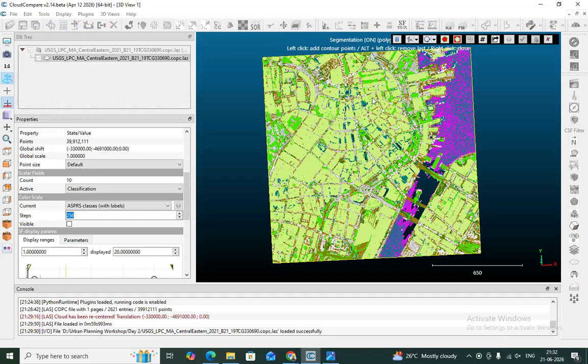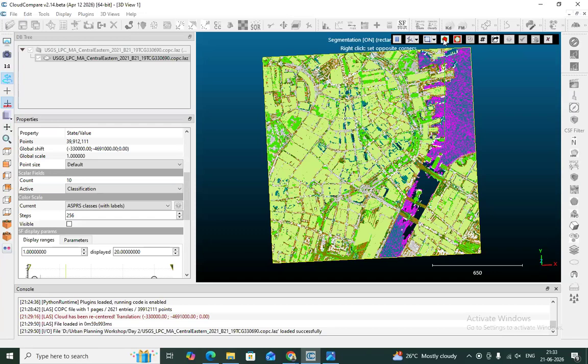Then you have to select a polygon. I select a rectangular selection. You can also select a polygon of your interest, your study area, or whatever you want. Here I just want a rectangular or square-shaped boundary.